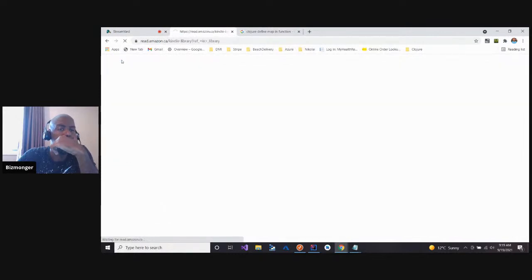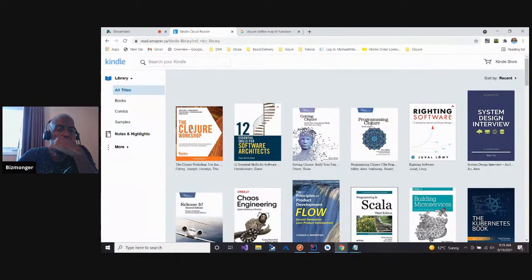I got several books. I got The Clojure Workshop. That's the most recent book that I bought. Before that, maybe a year and a half ago, I bought Getting Clojure and Programming Clojure.